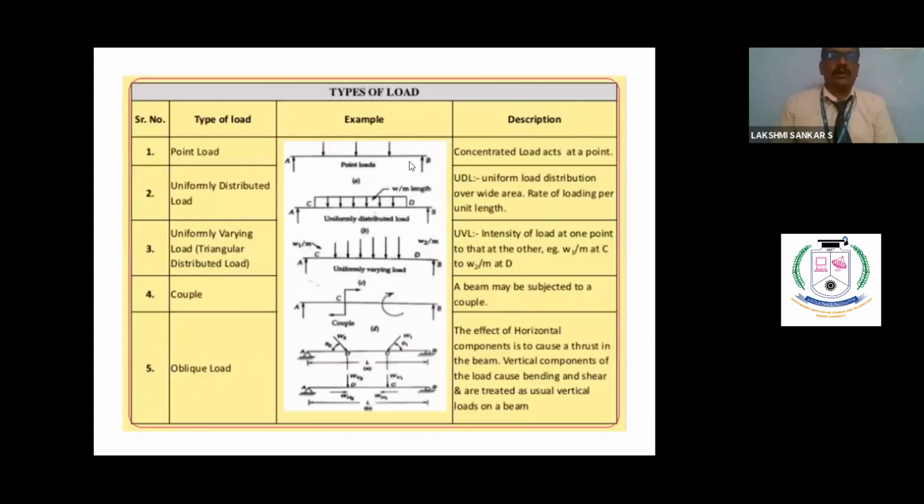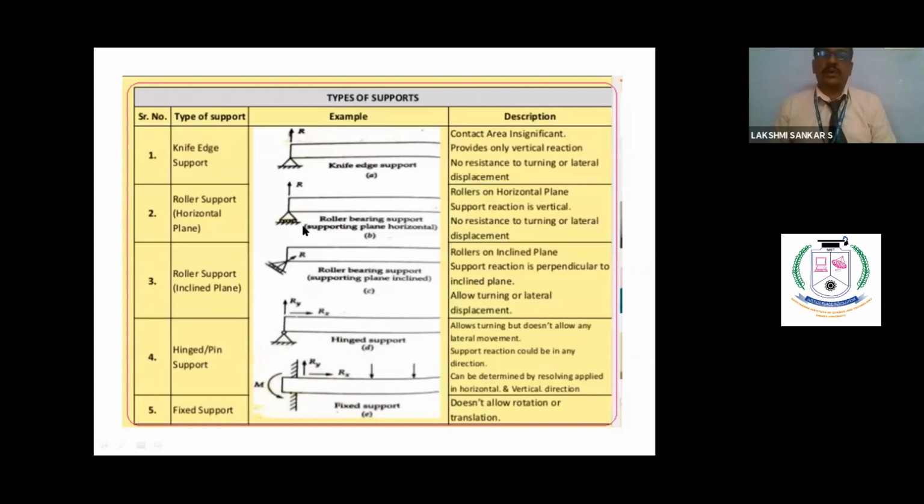So here you see the point load, things like that. Uniformly distributed load, uniformly varying load, something like triangular loading. Sometimes it may be a couple, sometimes it may be an oblique load. Different things like that. The UDL is a load acting over a certain area, a rectangular loading. UVL is a triangular loading, something like a triangle. It is easy to work with, a triangle-like thing. And sometimes a couple may be there. Sometimes inclined load may be there, oblique load. It is also another observation. You see the supports. If you see roller support, hinged support, for horizontal how the reaction is coming, vertical how it is coming, on an inclined plane how it is coming, things like that.